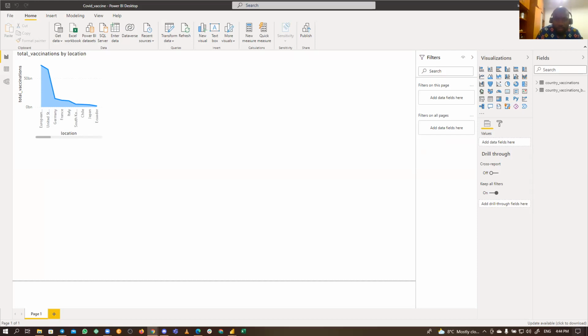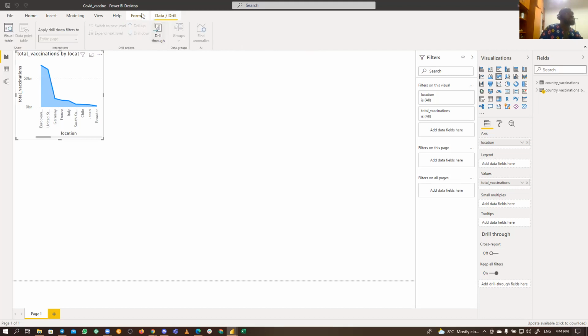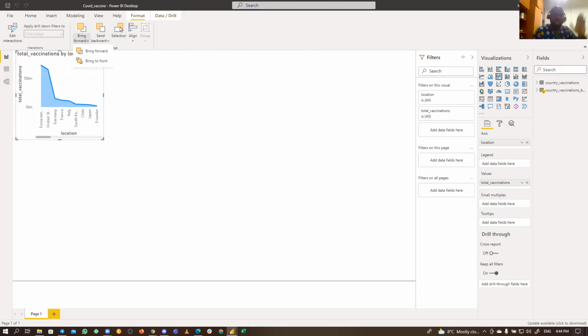Okay, those are called contextual views. Let's check some contextual views as well. In this report view, if I click on this visual that we created, you can see that two other views popped up: one is format, another one is data drill. These are things we are going to cover with time. Some of these things we are familiar with if you've worked with Microsoft Excel or even Microsoft Word. I think we have these in all Microsoft Office tools, like send backward, align, and all of these things. So they should probably not sound new, but even if you haven't used them, it's not a problem. We can always work on all these things together.